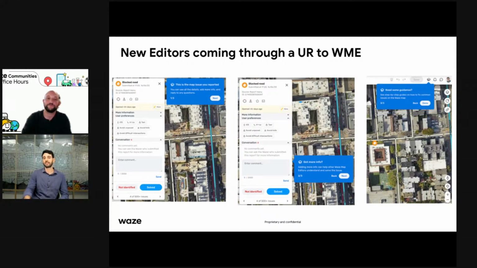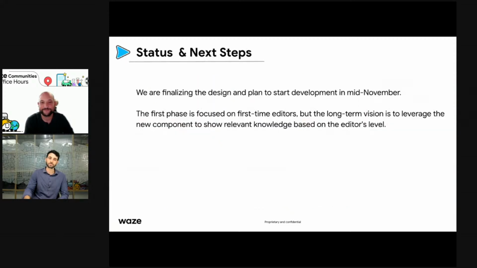And of course, the last step is really pointing them to the Waze editing guide, saying, you reported an issue, but know that you can actually fix the map yourself. We know that some of the things they can probably do themselves. For some of the things they can use the new amazing feature, suggest an edit. So they will be able to suggest an edit, and then the community will be able to accept it and edit the map for them.